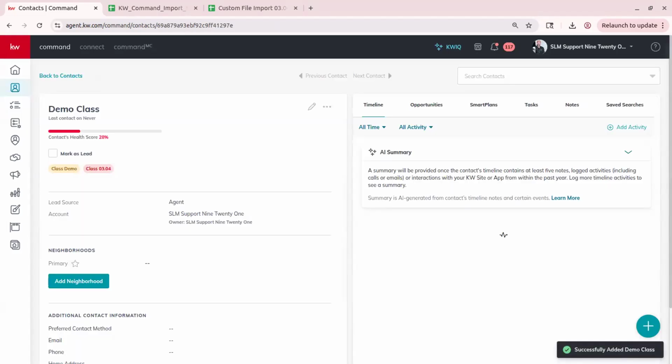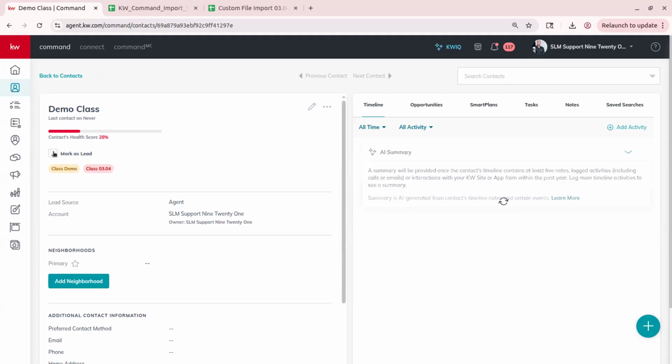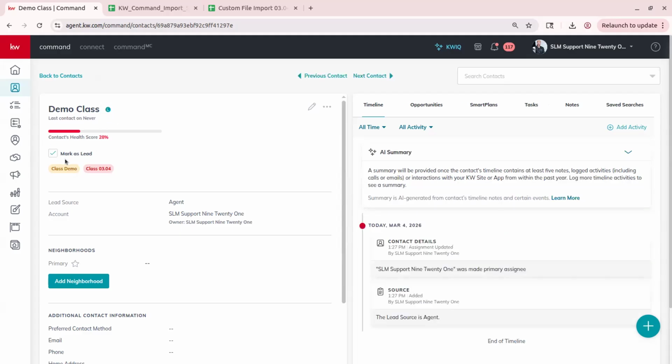Once we are in here, we're going to look at what you would see on a contact profile. So on the left-hand side, you're really going to see that information that we've already added in. So their name, whether they're a lead or not. So we can click on that and it will mark them as a lead, or we can mark them as not a lead through here as well. Our tags, the lead source, the account,